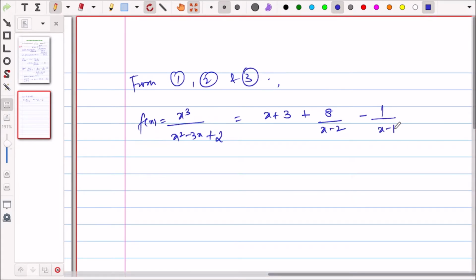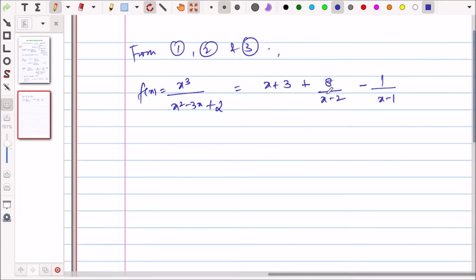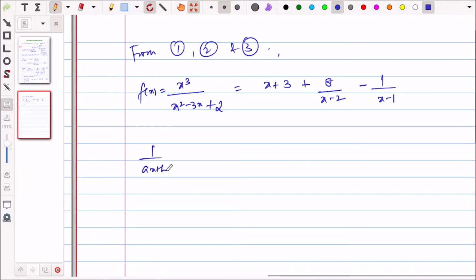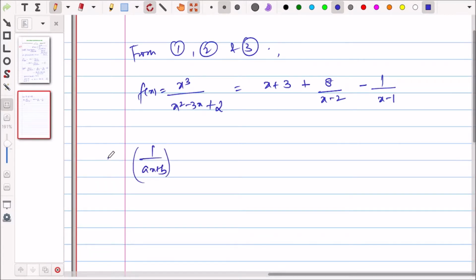So now we can differentiate it n times, right? Yes. Differentiate this with respect to x, so the nth derivative f^n(x) is given by, what will be the formula? What is the formula for the nth derivative of 1 by ax plus b? We have already done it.